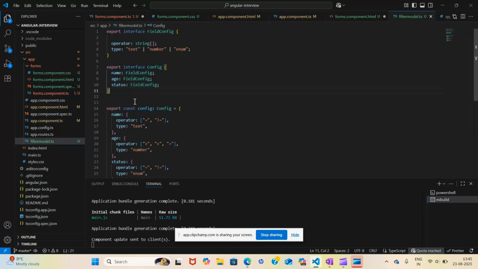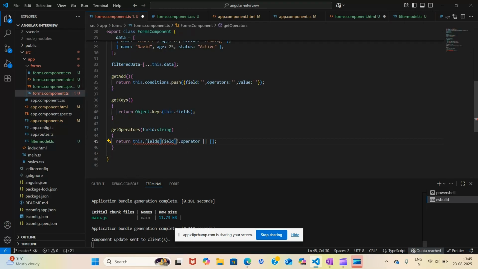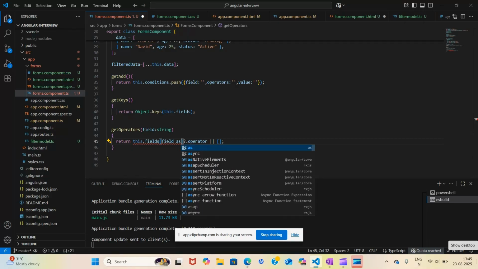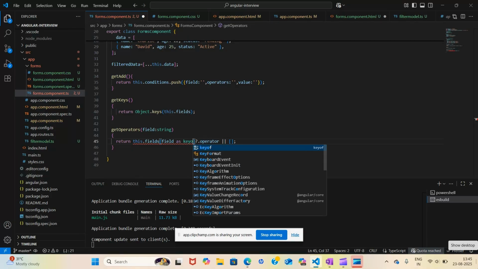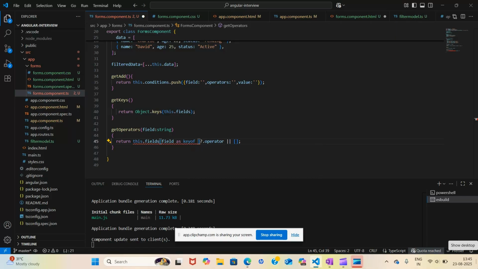So for solving this, we should typecast, telling Angular that whatever string we pass, it will be of these three types only. It will not be any other string. So for that, I will use field as key of config.